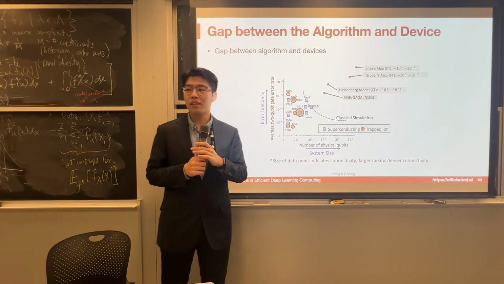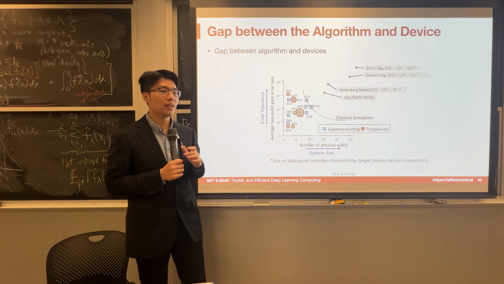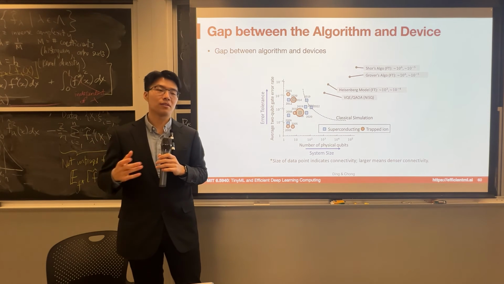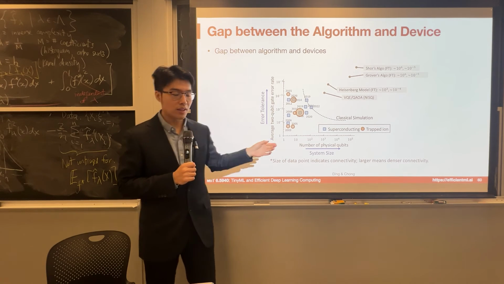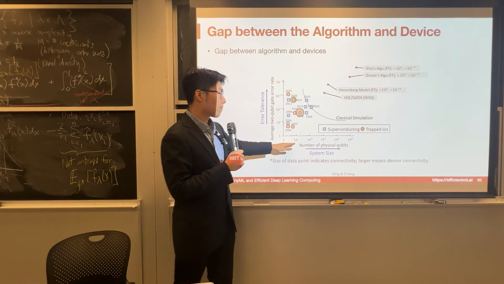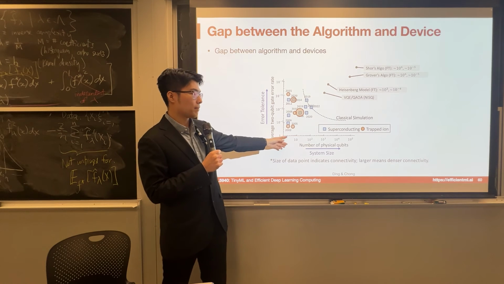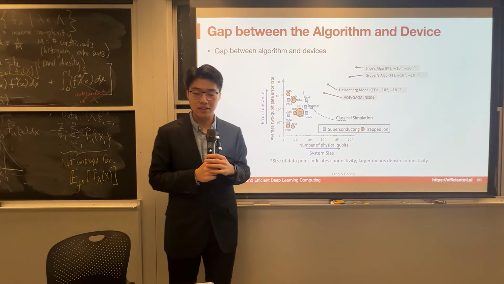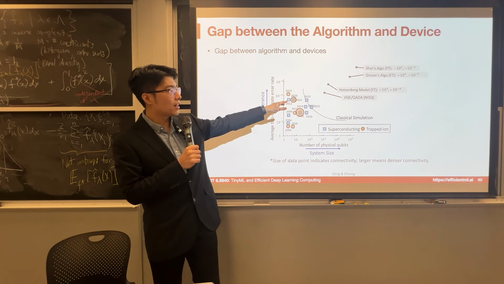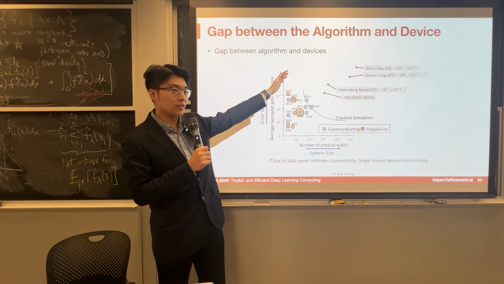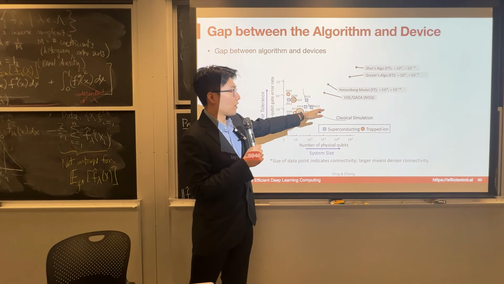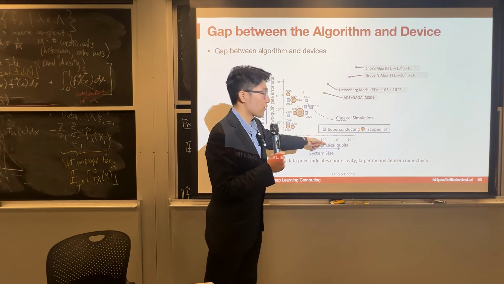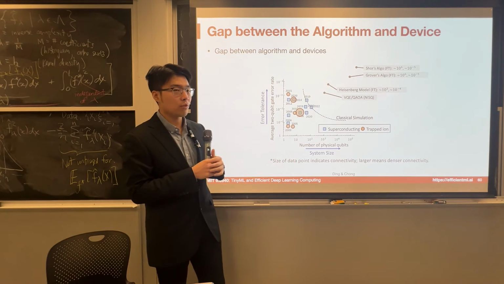And some of the recent devices from trapped ion, the best available machine is already around 10 to the power of -4. So that's where we are now. And also in terms of system size, we have been scaling from 2 qubits to 1,000 qubits in the recent several years. However, we can see there are several very high points on the top right corner. If we want to do some variational algorithm, maybe that's closer, maybe with 1,000 qubits that's enough to achieve quantum advantage.